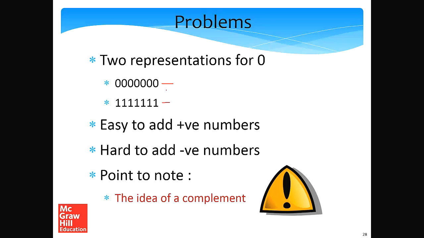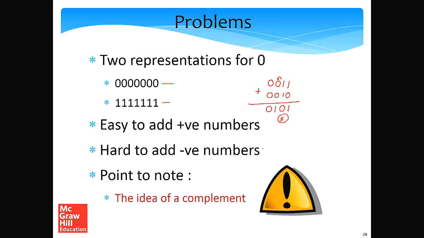It is easy to add positive numbers. How do you add positive numbers? Let's give a simple example. Let's assume a number of the form 3, 0011, and you want to add 3 plus 2. Well, you can do simple binary addition as you do decimal addition. So you add 1 and 0, you get 1. You get 1 and 1. So 1 plus 1 is 2. So 2 in binary is 10. So you write 0 here. You have 1 as the carry. So you again write 1 over here. So this is 0101, which is 5.